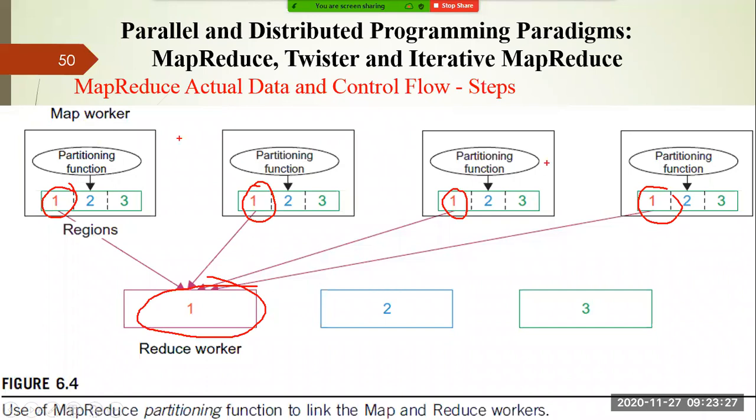These are the map workers, but whatever data they have, one is common for all. Like the word silent is present in this file, the word listen is present here, again silent is present here, and listen is present here. So what do you have to do? The similar kind of work, with the same key value, you have to assign to the reduce worker, so that the reduce worker will combine it and produce the result. So this is the coordination between your map worker and your reduce worker.